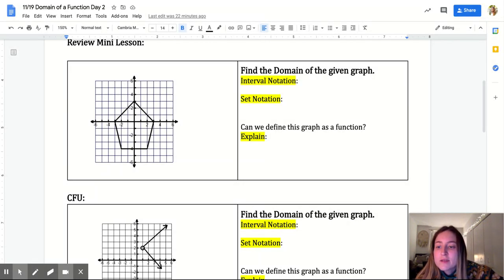And can we define this function as a graph? I'm going to do my vertical line test, and I can see right away that this does not pass my vertical line test, right? Because for each of my vertical lines, for this input of -2, for example, I have an output here at 1, and I have an output here at -4. So I have 2 outputs for 1 input, and I cannot have that. No, you'll see that multiple times throughout our vertical line test, right? So no, this graph